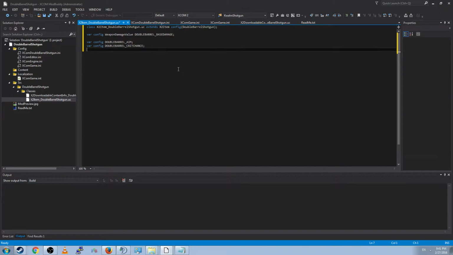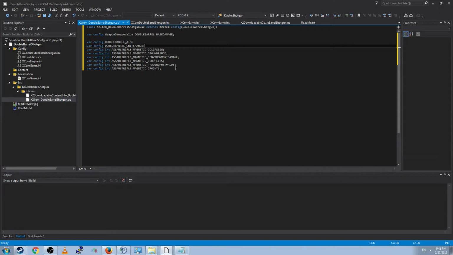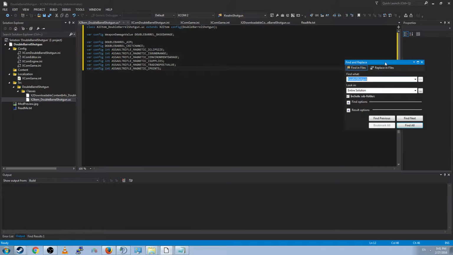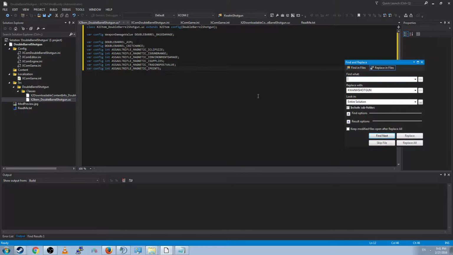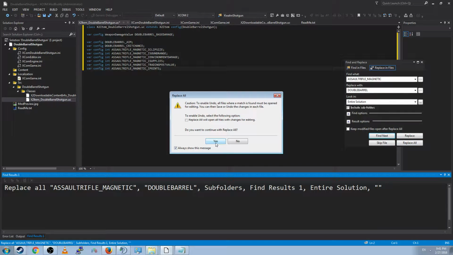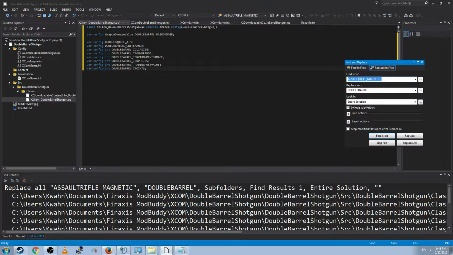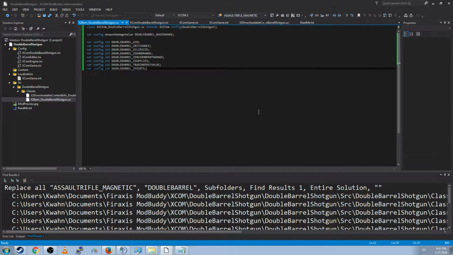So I'm going to copy over the assault rifle magnetic. I'm going to go ahead and Control-Shift-F, replace in files. And I'm going to replace assault rifle magnetic with double barrel. And look, an entire solution? Sure, that's fine. Yep. Replace everything. And look, we just replaced all that. Oh, I was forgetting to put int. Whoops. Let's make sure we have our int. Okay, excellent. So now we have a good base of config